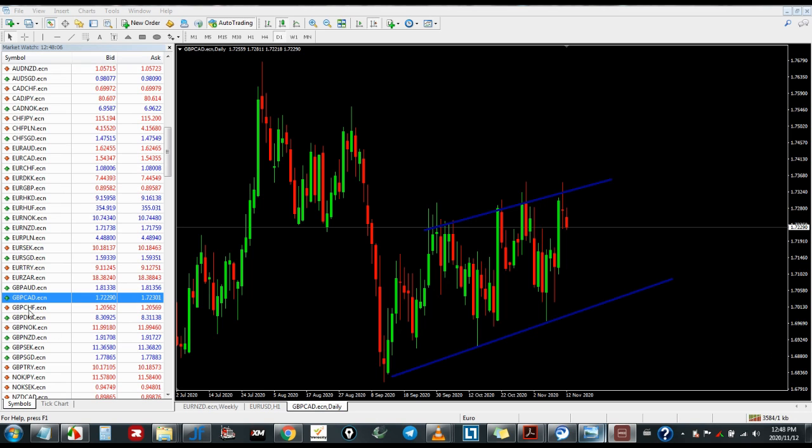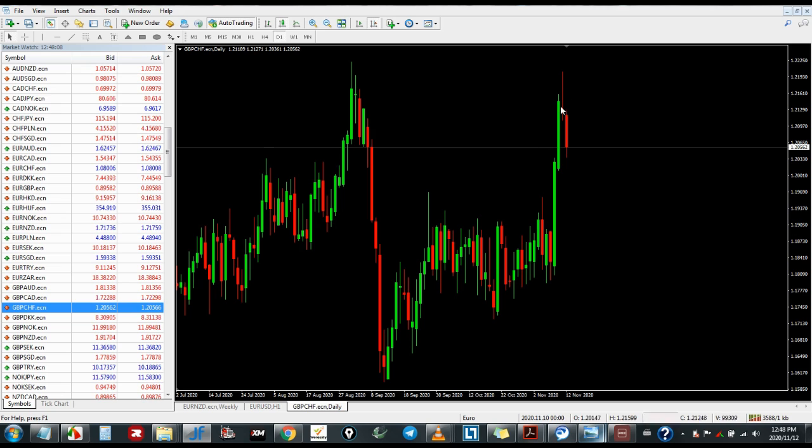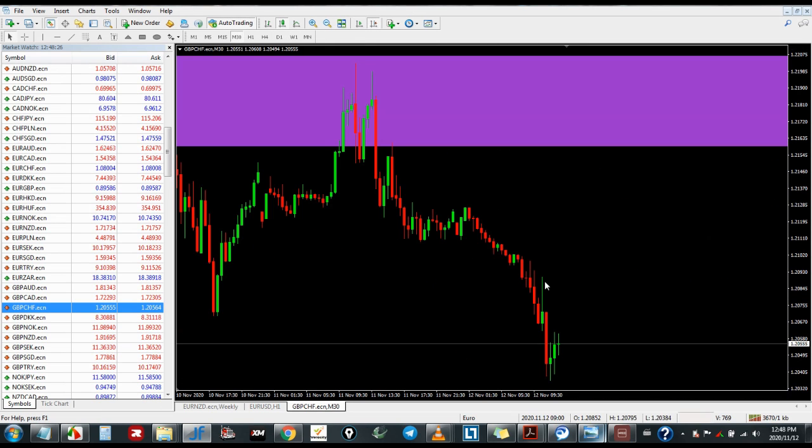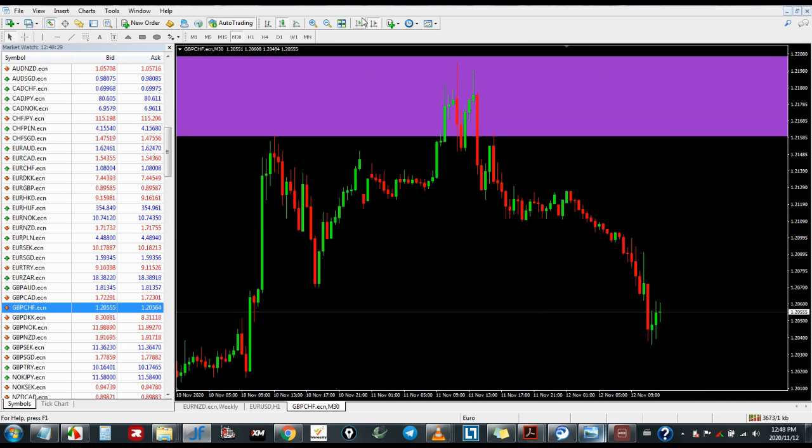So now let's look at GBPCHF. See, this one is even at a very nice high. If you were using this currency correlation, we are supposed to sell somewhere there, and yeah, so GBP pairs are very good to sell. Obviously, you would go to the 4 hour or even 30 minutes and look for a sell there. Look for a sell there. Look for a sell there.